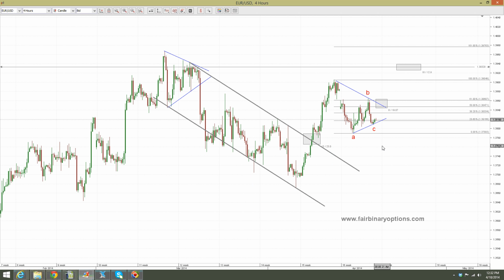Now if it's going to be a contracting triangle, then we'll see some hesitation here. If not, then we need this move to the upside to be aggressively broken. It remains to be seen. I would say that nothing really is going to move for this to be a flat, but most likely it is going to be a triangle like this and then break higher. Maybe the B wave is not even completing here, but nevertheless, what I would like to do on this Friday is to buy call options here,